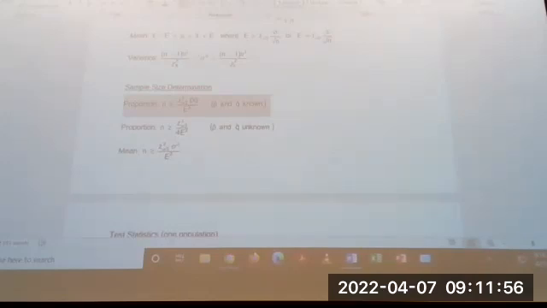What's the only way to undo a square root? Square it. Perfect. That's the exact answer I wanted to hear. To get the N out of a square root, I have to square both sides. What happens when you square a square root? It goes away. You squared the square root, there's no more square root. So what have I got now?